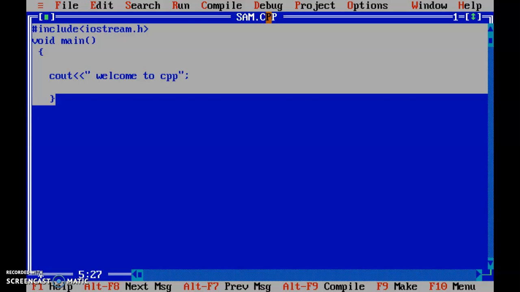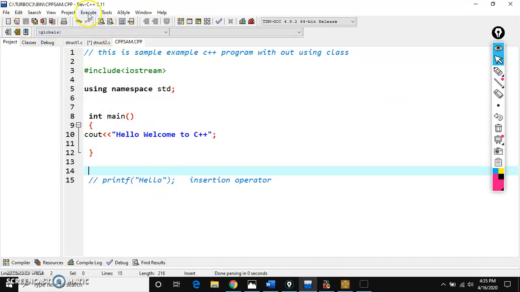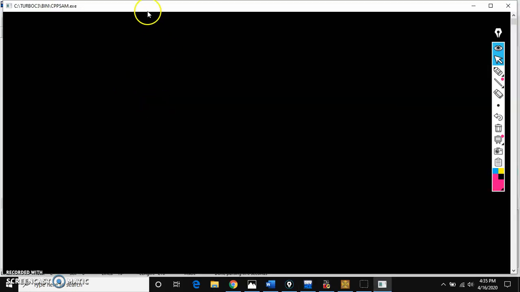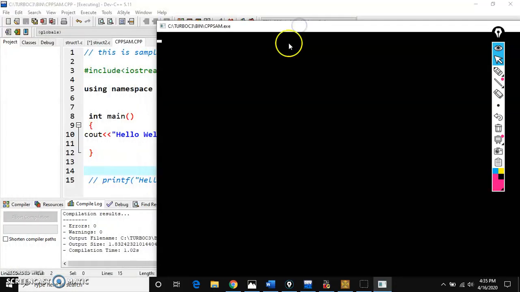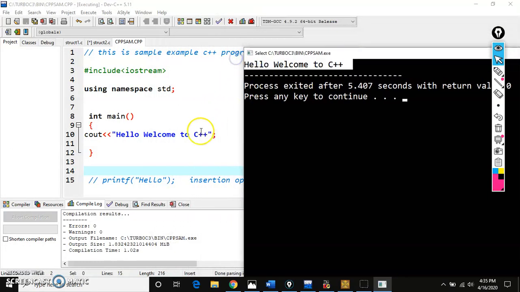Okay, so let's move to the Dev C++ software. See here, I am compiling the program. Compile and run. See here, we got the output as hello, welcome to C++. Okay, so this is how you need to write the program in Turbo C software or Dev C++ software. If you have a Linux operating system, you can write in Unix operating system. The execution process will be different in Linux, and this is how you need to use the header file